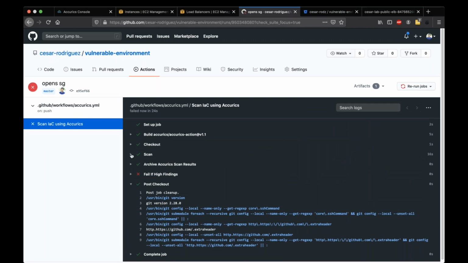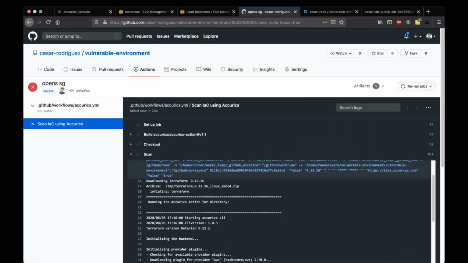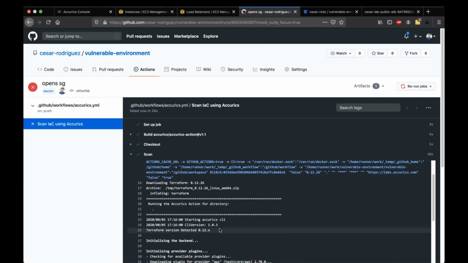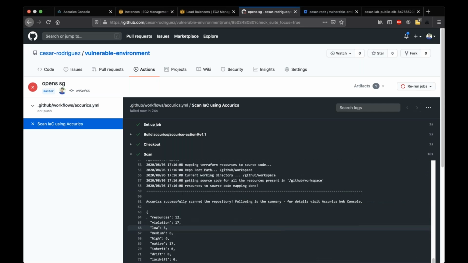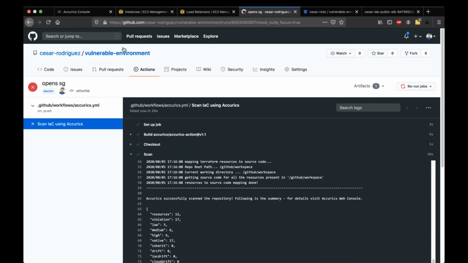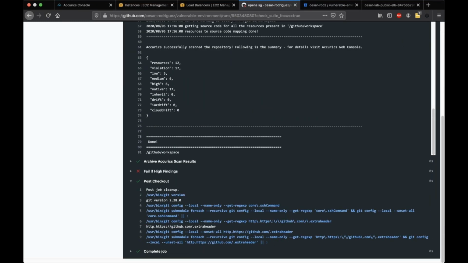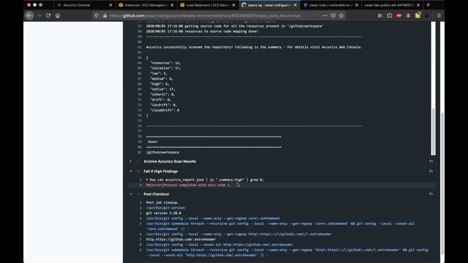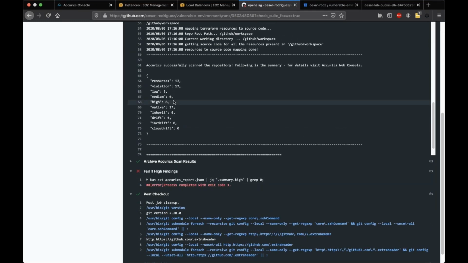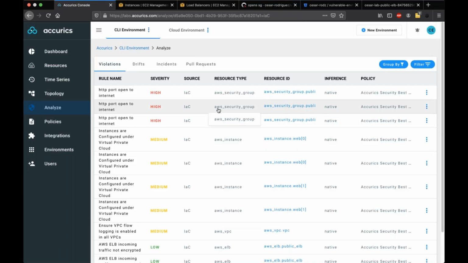So this scan job is showing us the results of the scan. And if you see here, we should be able to see the same thing we saw on my desktop. Yep, there we go. On my desktop, we have the 6 high issues, and it failed because we had high findings. If we go to the UI again,